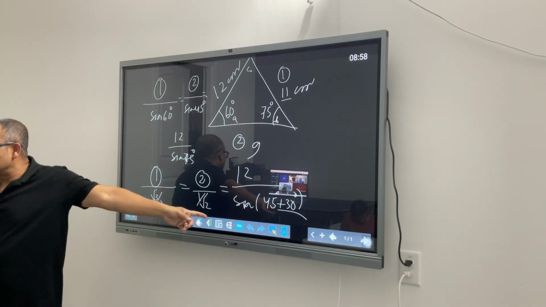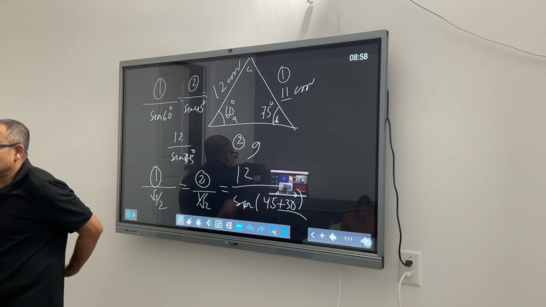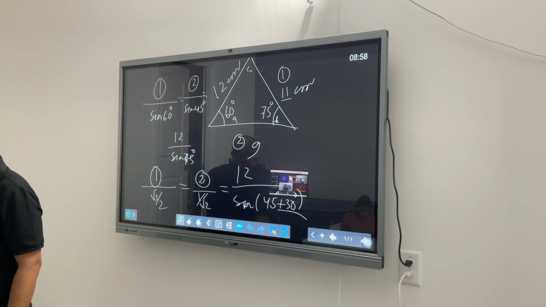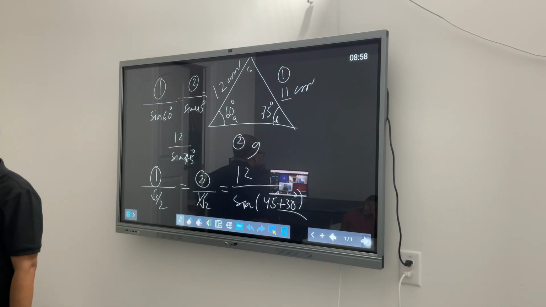Sine sum of angles, this is something that we have learned in one of the classes. What is the formula for sine of sum of angles? Do you guys remember that? Sine of A plus B equal to how much? Let's see who all remembers it. And again, I'm not a big fan of memorizing things, but we practice it enough to see if that stays with us. I think it was sine of A cos B. Yes, you're right. That is sum of angles of sine.